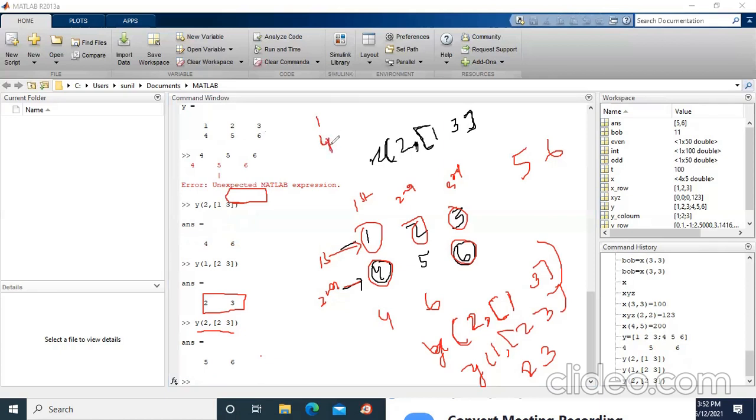Now suppose I want the elements 1 and 4. Now this is slicing with respect to the row. Now if I want 1 and 4,